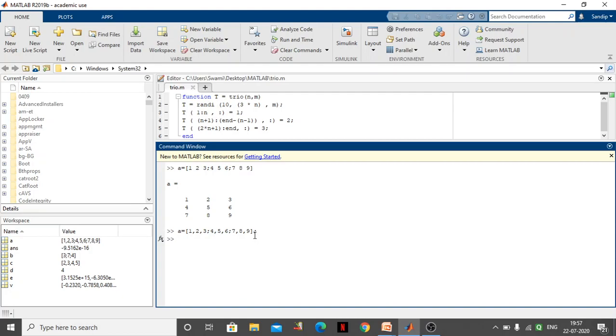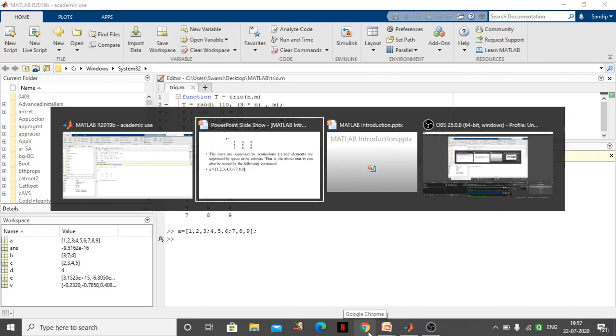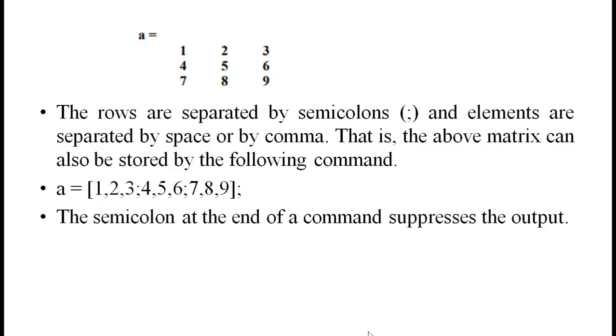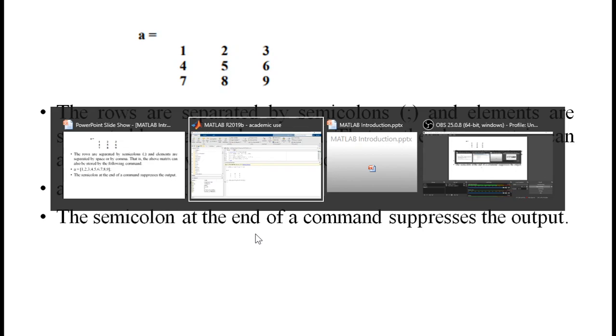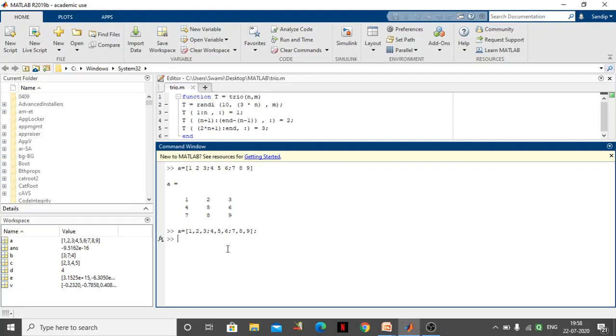So here there is a use of this semicolon. What is the use of this semicolon? You can see here, the semicolon at the end of the command suppresses the output. That means even though there is a matrix A with these elements, that matrix is stored in MATLAB, but it is not displayed. So what will happen, if you see, the same matrix will be written here,